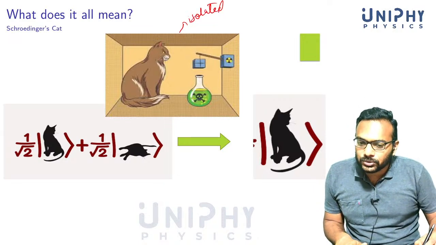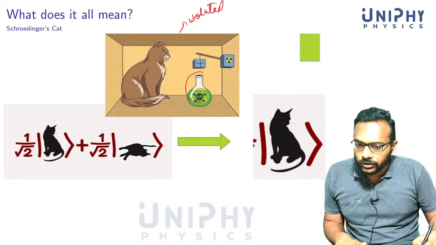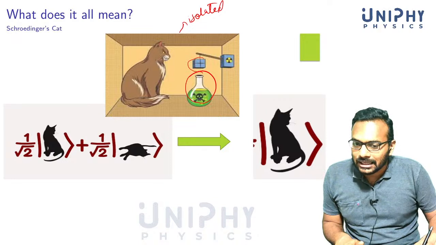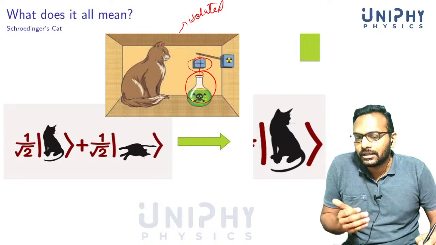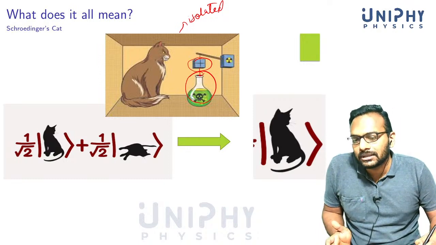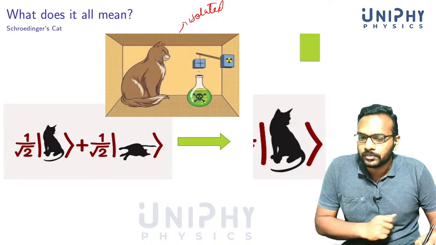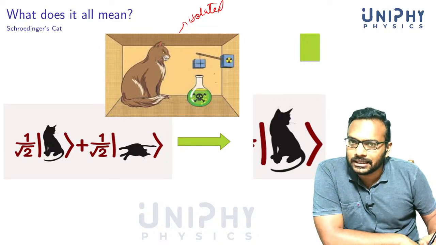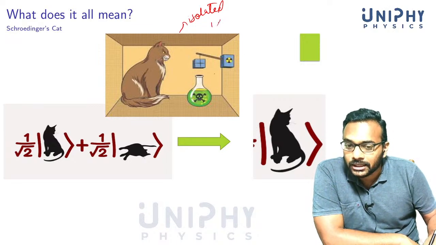And inside the box, what do you have? You have got a beaker of cyanide poison, cyanide gas. And on top of the gas is hanging a weight. If the weight falls on this, it will break, and if the beaker breaks, what happens? The cat dies, because it's cyanide or poisonous gas. Now, there is an ingenious device in here. There is just one radioactive atom inside this box.